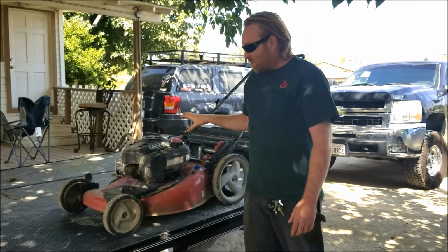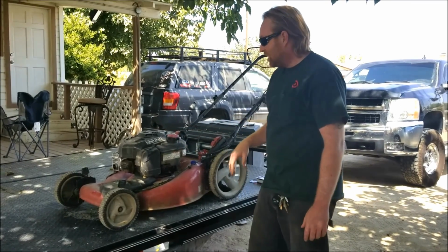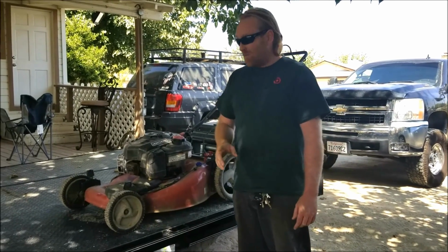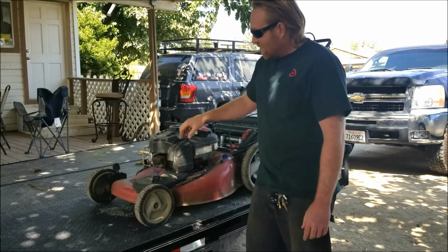I'm gonna go and refurbish this lawnmower back to better than it was from the factory, and it's really easy to do. Number one cause of lawnmowers that don't want to run is the spark plug, which I believe has already been changed, and number two,